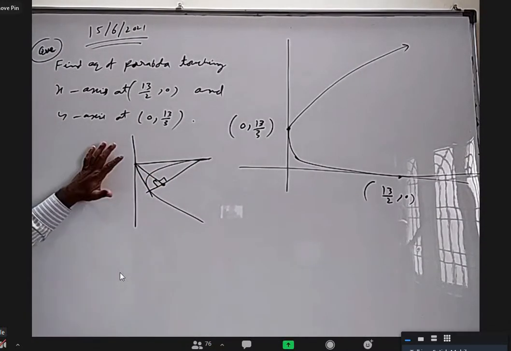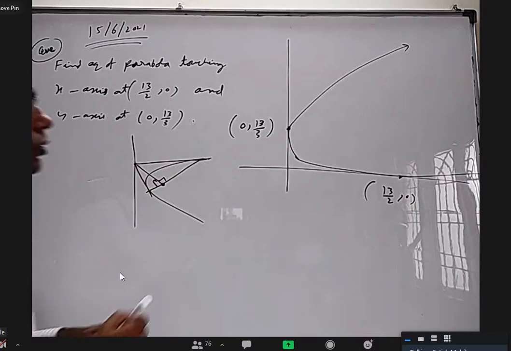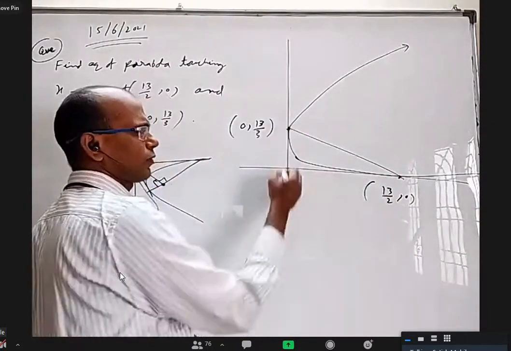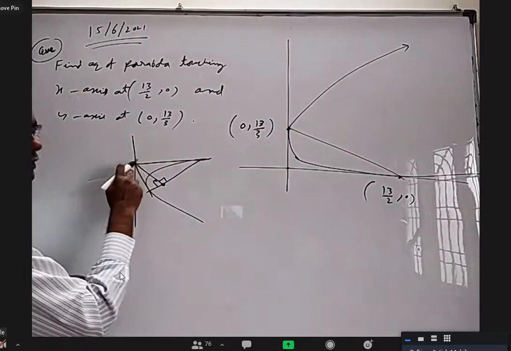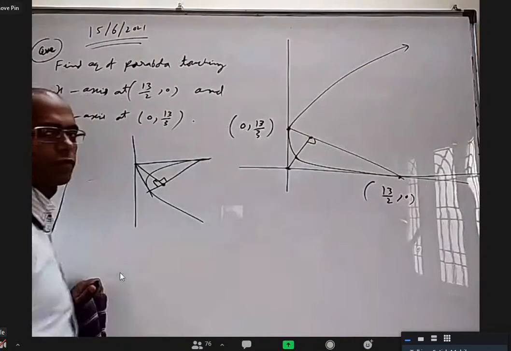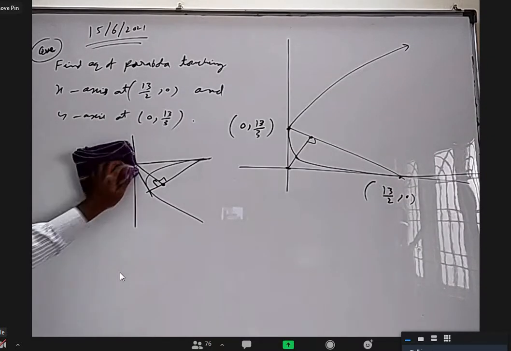Foot of any point on the directrix on its own chord of contact with respect to the parabola is the focus. So yes, you join these two, find the foot of the origin, because the point of intersection of the perpendicular tangents is at the directrix. Foot of this point on its own chord of contact will give you that. Is everybody clear? Focus is (2, 3). Yes, sir. Okay.